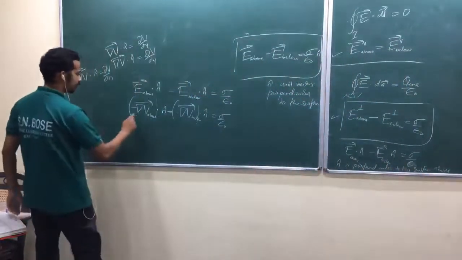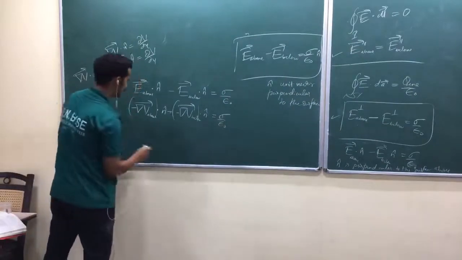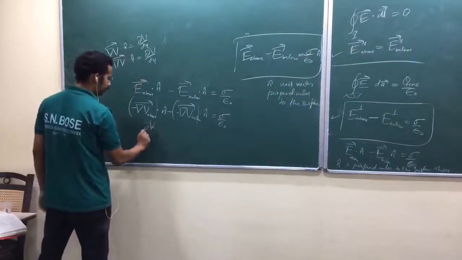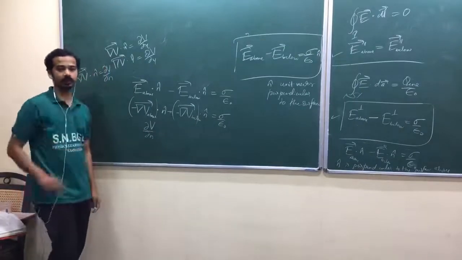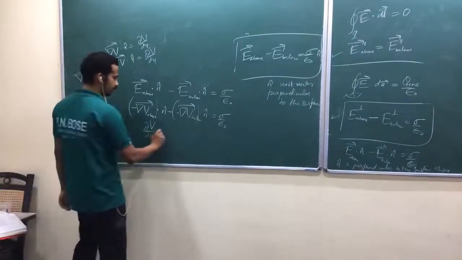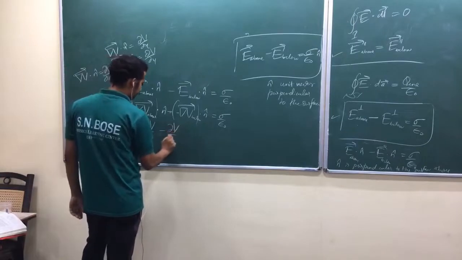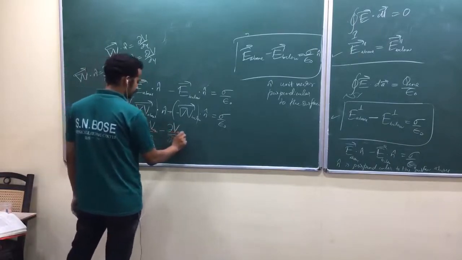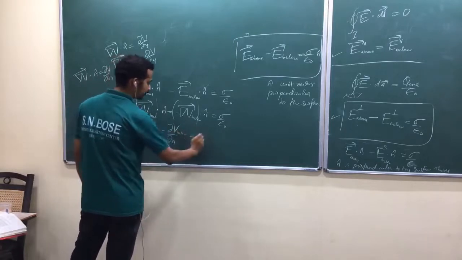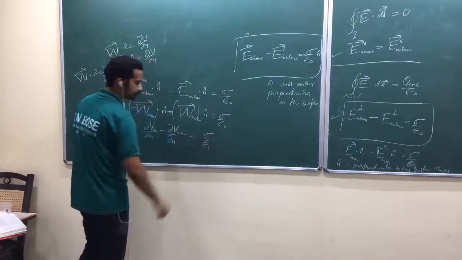So that's why what I write here is I am going to take this negative sign here. We write dou V by dou n. What is n? Variable along n cap. Minus dou V by dou n above, below. I have taken the negative sign here, minus sigma by epsilon.